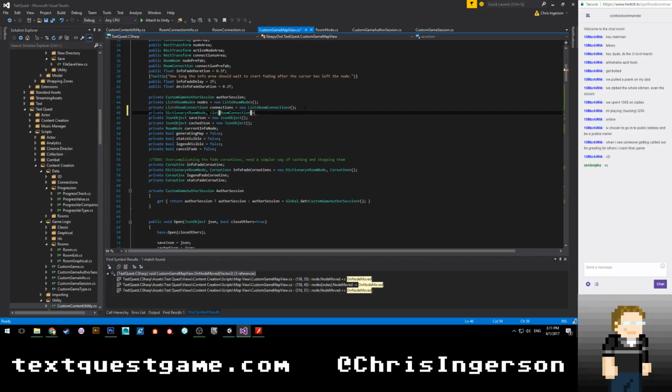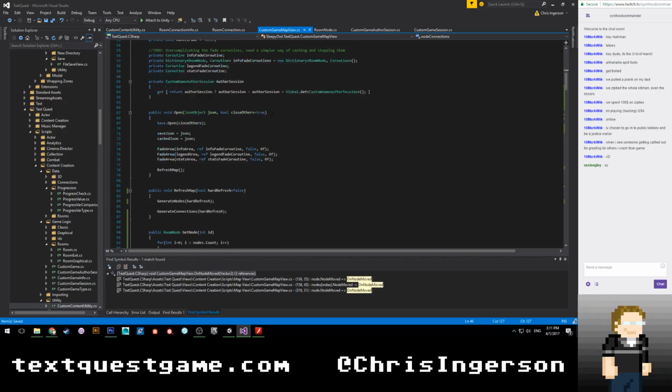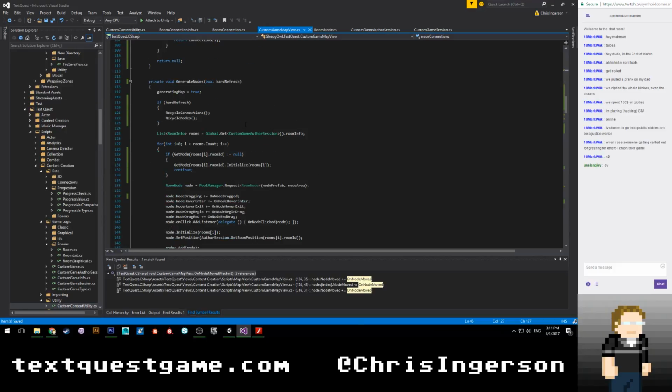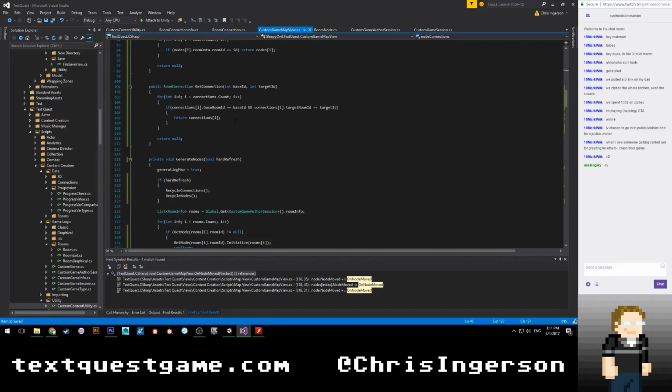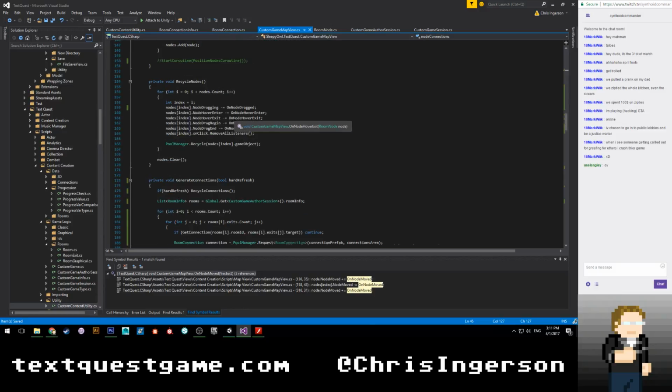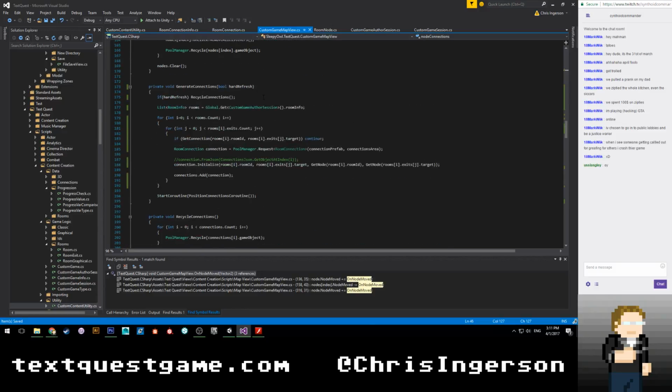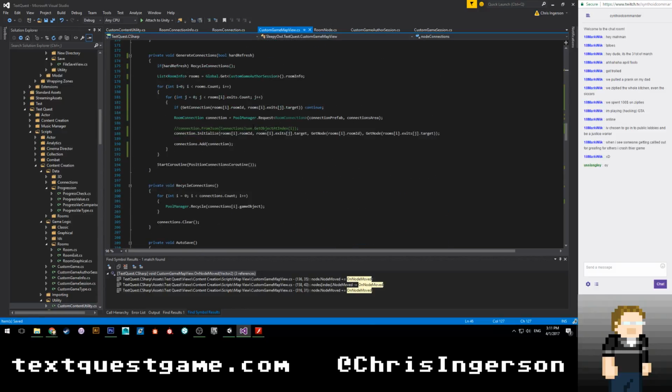Okay. And then we'll have node connections equals new blah blah blah. Okay. And let's say get connection, generate nodes, generate connections, and we're going to want to say down here